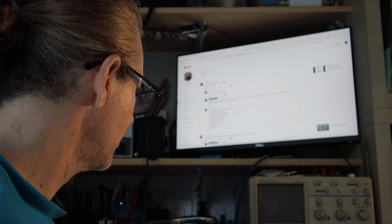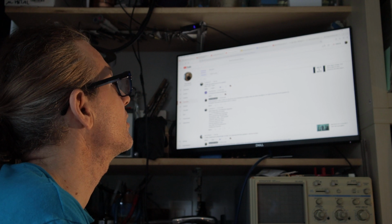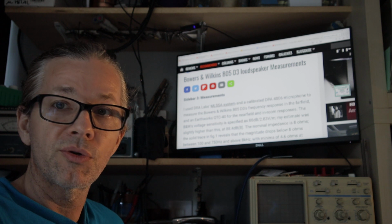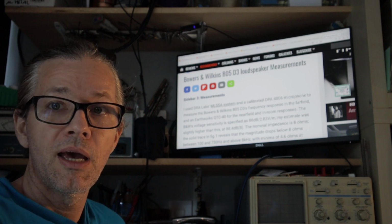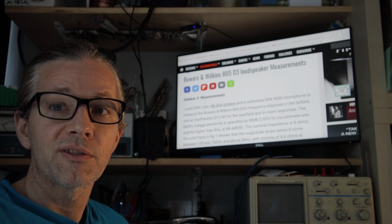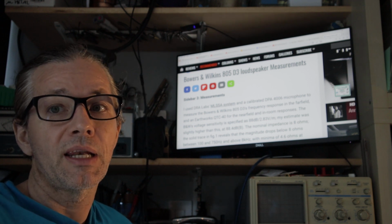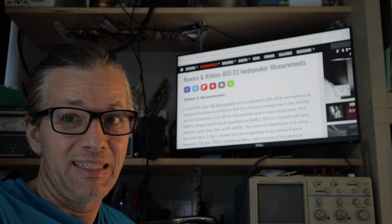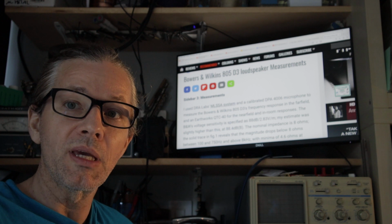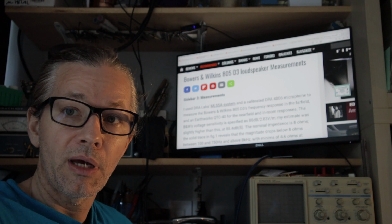So let's just now go back to our example here, to Bowers and Wilkins. I just chose this loudspeaker because everyone knows about it, and traditionally British loudspeaker companies were the champions of properly giving measurements for their loudspeakers, but that is of the past. At least Bowers and Wilkins, you cannot depend on them to be honest about their ratings. There are other British companies. I think they are much